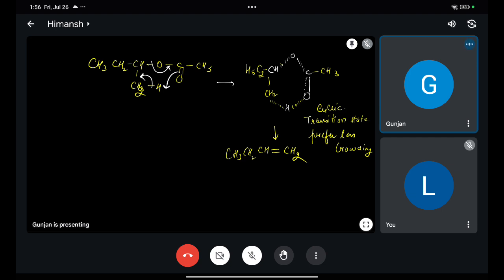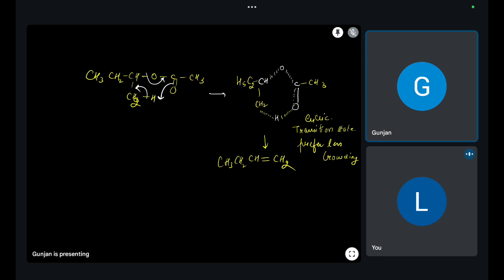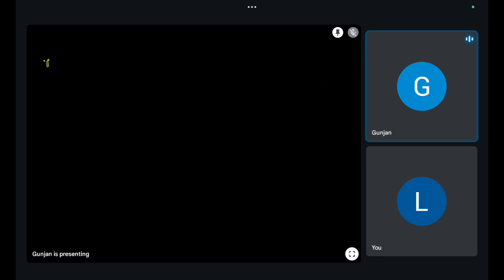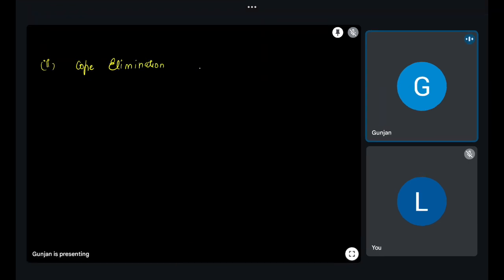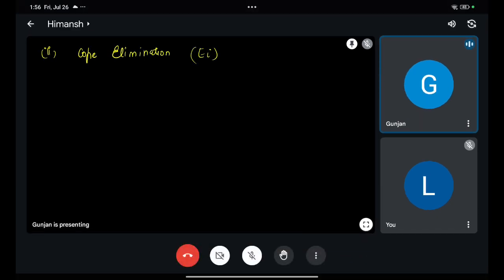Clear, Himansh? Yes, ma'am. Clear, ma'am. Second in this is co-elimination, also named as Ei elimination. It is also given in your Narayana material as well. Co-elimination, but let me check how it is given over there. So what happens over here is, let's see,